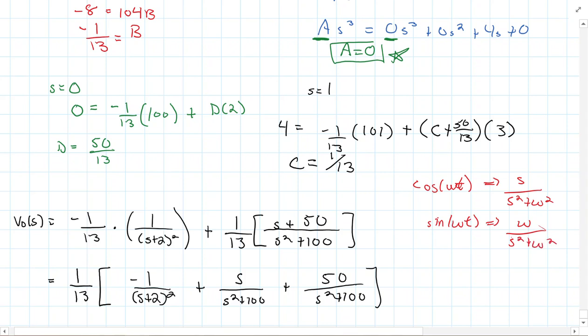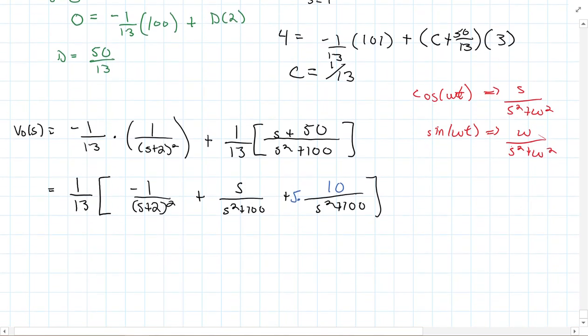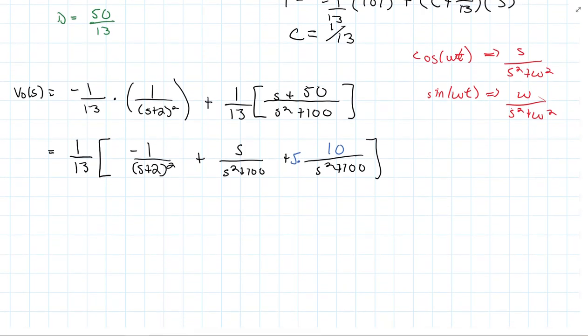So if I think about this, what do I need here? I need this to be a 10. So that's actually pretty easy to do. I'm going to erase this 50, and I'm going to write a 10, and then I'm just going to have 5 times that. And now I have it in a perfect form to do the inverse Laplace transform of this. So what did we just find here? Not Vn, we found V out. V out at s is negative 1 over 13 t e to the minus 2t